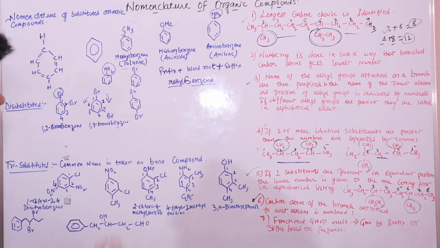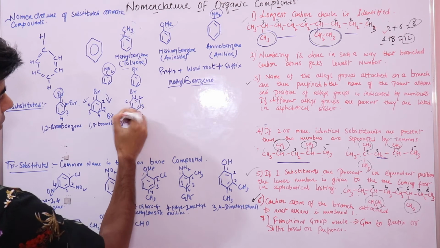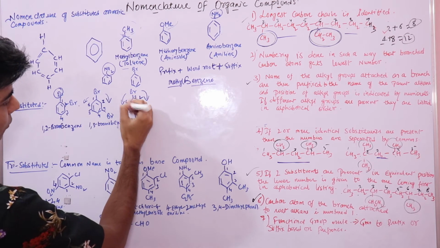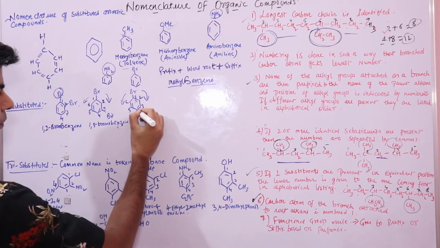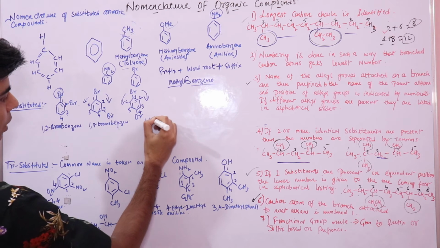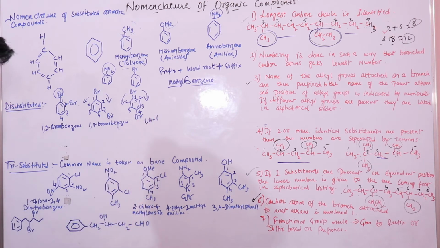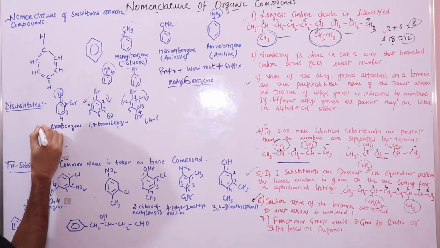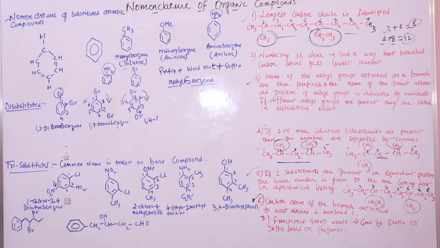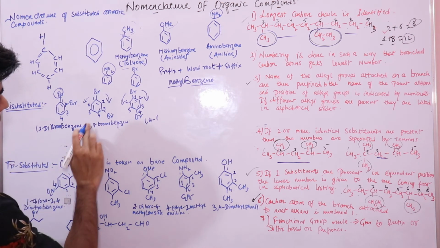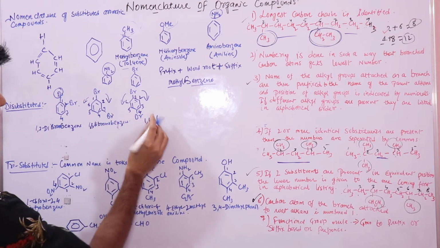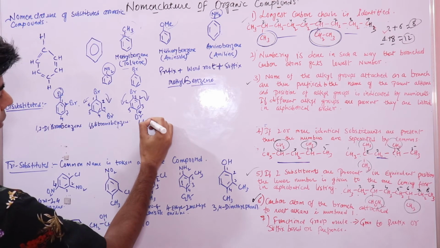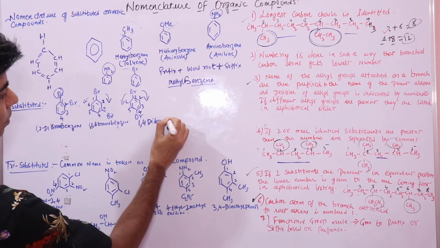right? Similarly, if you look at this, 1 2 3 4 5 6, you may count it from here or from here, right? This will get the same number. So this would be 1 4 dibromo. I'm sorry, I haven't mentioned dibromo. Since you have two bromines, it should be 1 2 dibromo, right? This is how you will name it, 1 2 dibromo. This should be 1 3 dibromo. Now we will name this as 1 4 dibromobenzene,